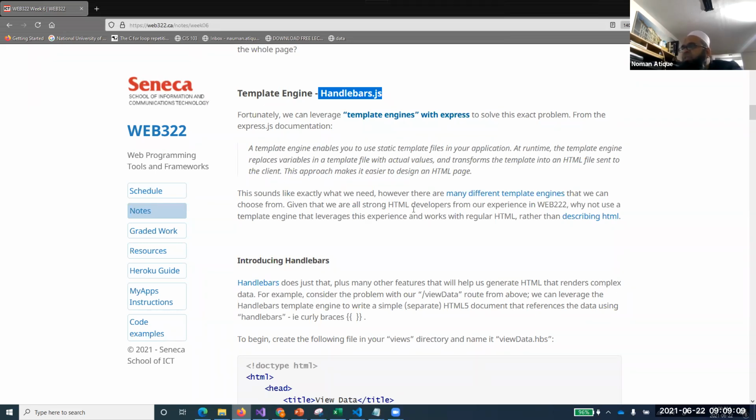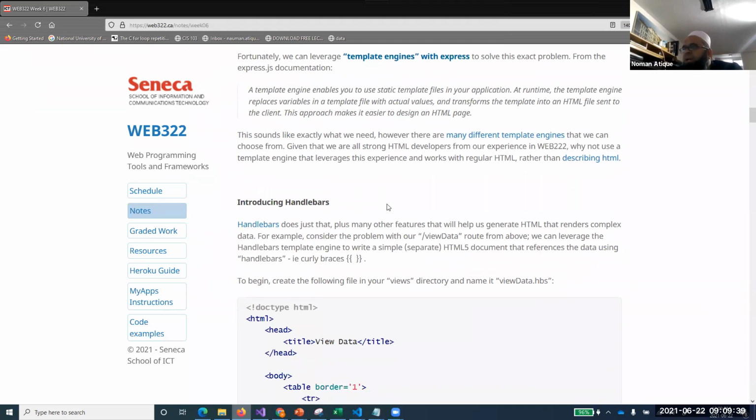So why not use a template engine that leverages this experience and works with regular HTML rather than describing HTML? The handlebars that we are about to discuss resembles our everyday, general HTML. That is one motivation for choosing this template engine over the others.